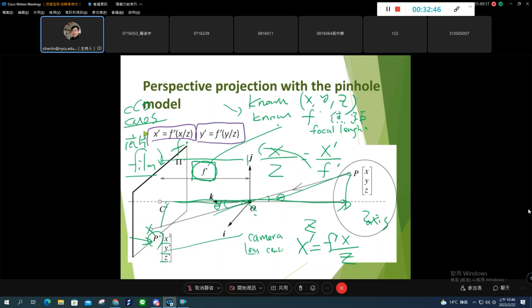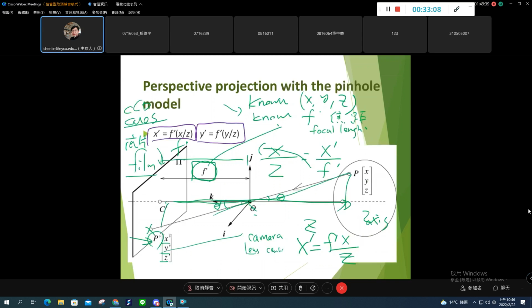Okay, so the perspective projection with the pinhole model is quite simple because there are only some similar triangles. You can simply use a ratio of triangles to estimate the x prime, y prime, and z prime here. Okay,